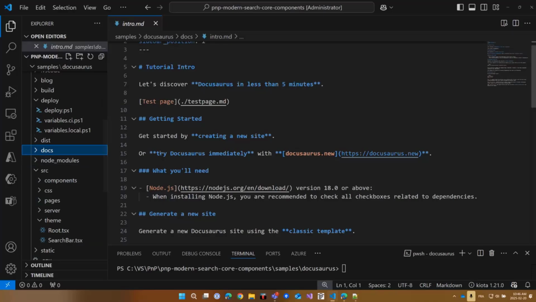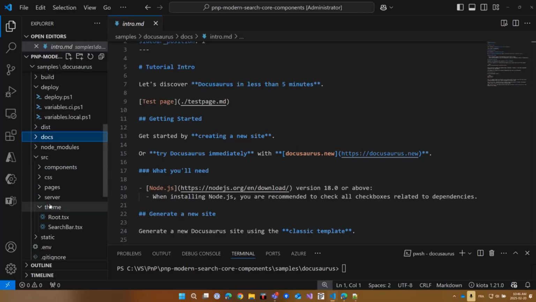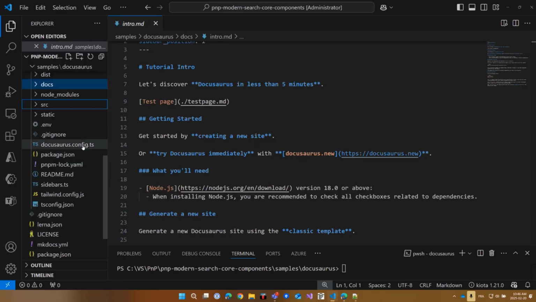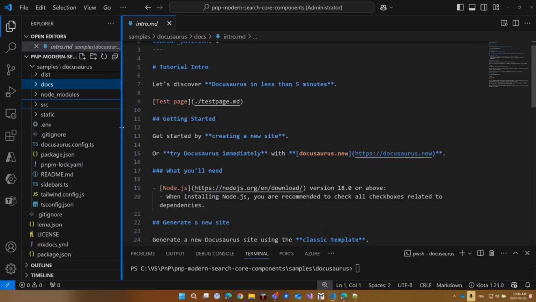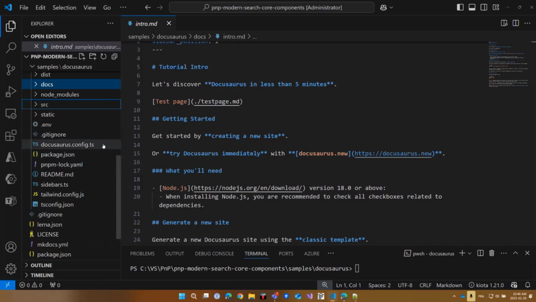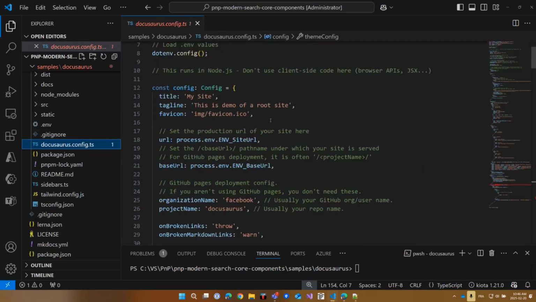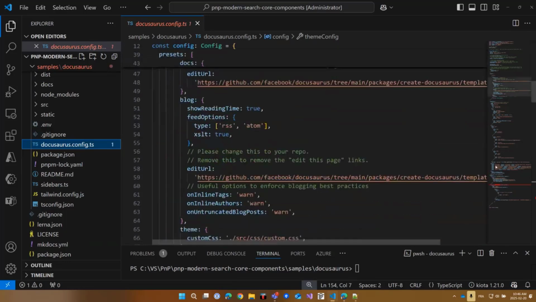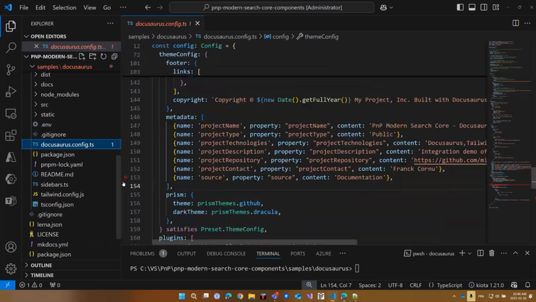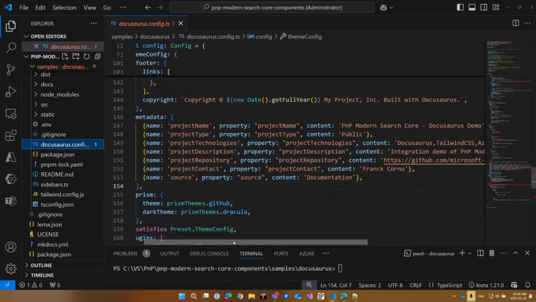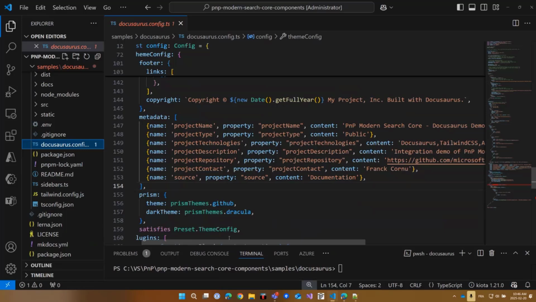The next step you're going to do to integrate with search is starting by configuring your Docusaurus site and your filters. Because in Microsoft Search, you can leverage filters, refiners actually, and to use this capability in your Docusaurus site, you will leverage a feature called meta tags for your website. In the Docusaurus config file there, you have all the site configuration listed, and you have a special section, which is the metadata. Those metadata, if you put them there, will apply to all your pages within your site, right?